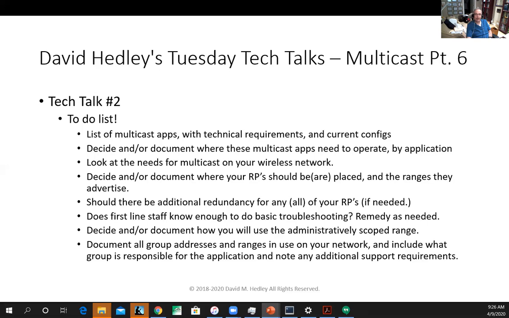Look at the needs for multicast on your wireless network. I'm a believer in this. Build the capability of multicast on wireless. However, to be really clear, for the wireless client, the VLAN attached to that WLAN needs to have PIM turned on for multicast to work, other than between each other, assuming they can do peer-to-peer, assuming